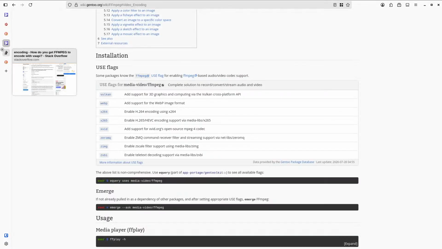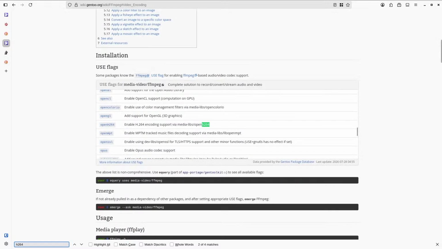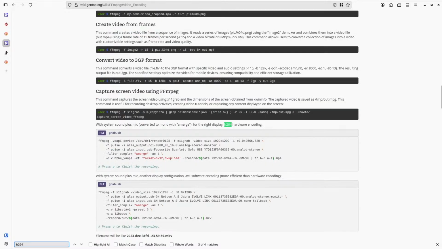Do you have maybe H264 in here? H264 hardware. H264 hardware encoding via API device.